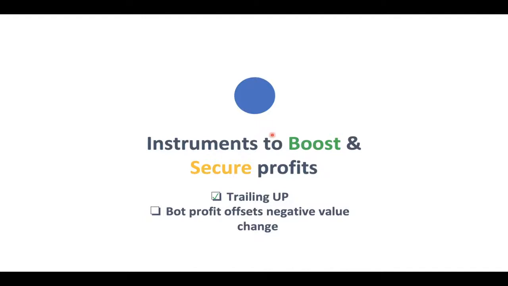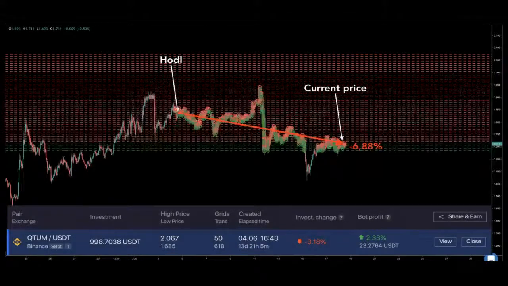So the trading up feature, we covered it. Now another one, which is actually a benefit which derives from a built-in algorithm we've developed: the bot profit offsets negative value change on the falling market. So here's how. Let's assume that you've purchased the base currency Quantum here at that price, at that point of time where you see the hodl, and the price eventually moved downwards, so you would be at minus 6.88% of the investment change. Whereas with automation,